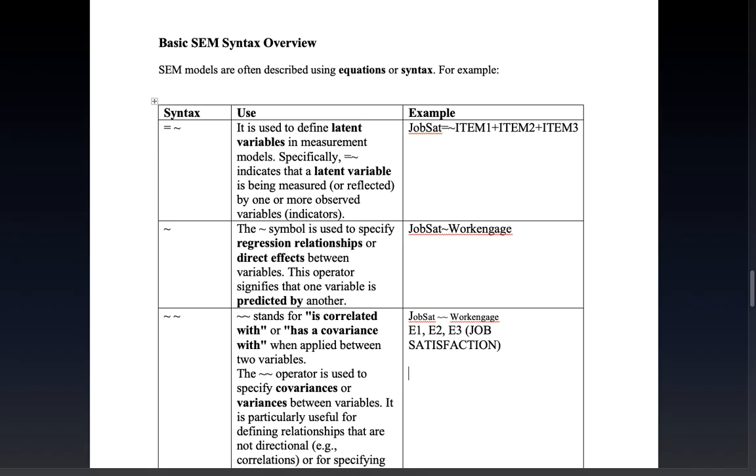So let's say I want to covary error term 1 and error term 3. I simply put E1, the symbol, and E3. So let's say throughout the modification indices running, I found out that if you covary error 1 and error 3, it reduces. And there's another suggestion where I can covary error 1 and error 2. So I don't need to repeat the same process where I'll say error 1, error 2. I can simply put plus, then I'll say error 2, and be able to get